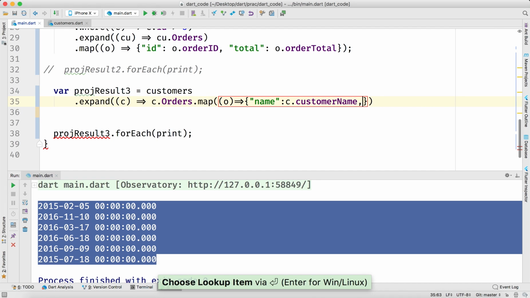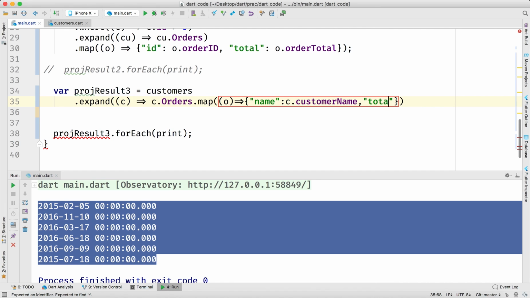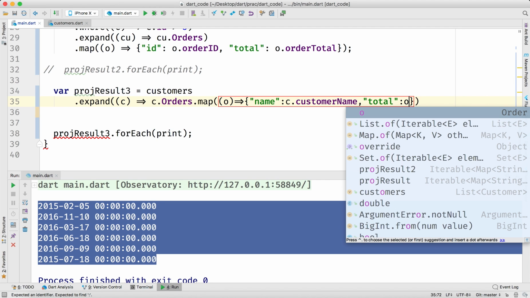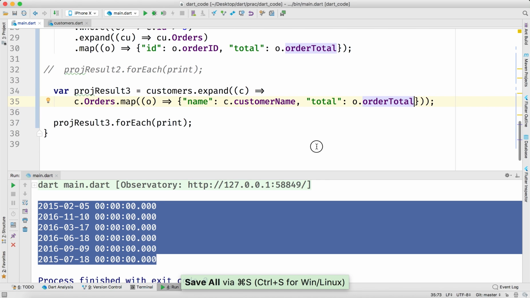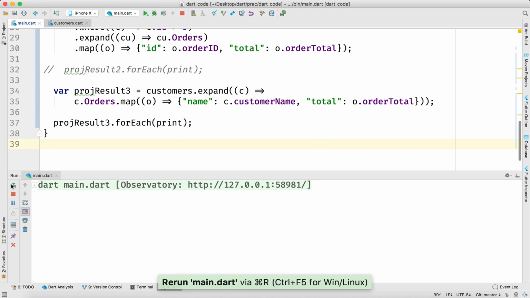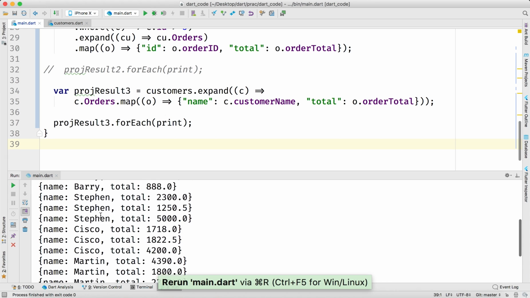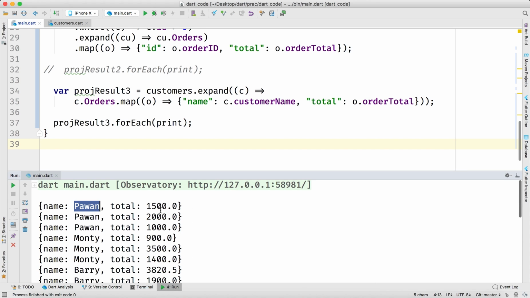Okay, and now you also want their order total, so we can say a total. Okay, and then we can use this O. Now we have this order total here. Okay, and yeah, we missed one more parenthesis. Yeah, that's it. Now if I run this, you will see we have the name of that particular customer with their total. Okay, now if you want, you can perform some more operations on this particular thing, like